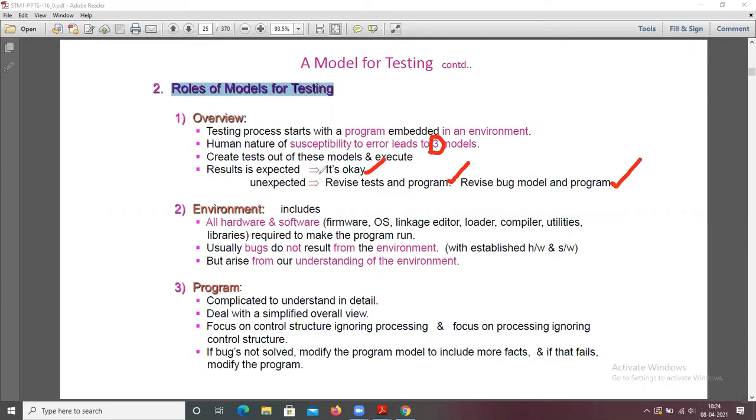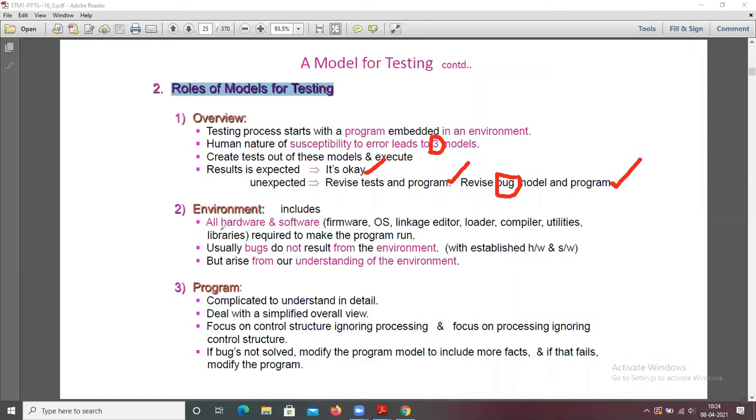For example, you write a program for addition of two numbers. 2 plus 3: if we get 5, that is the expected result. If we get 6, that is an unexpected result, then you are going to revise the test and the program. If we get an error or bug, then revise the bug model and program. Okay. Next, environment.